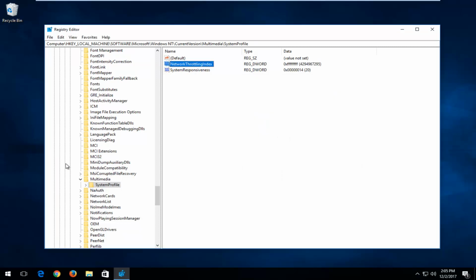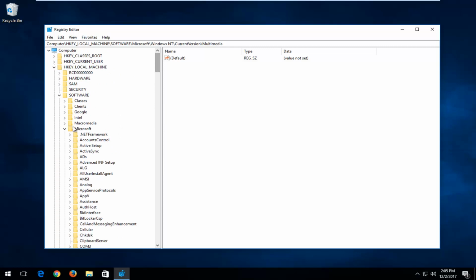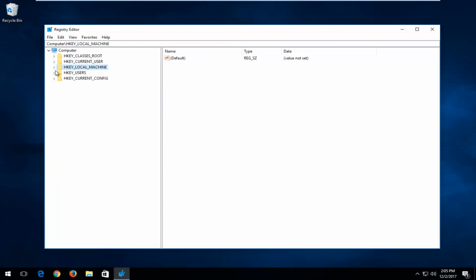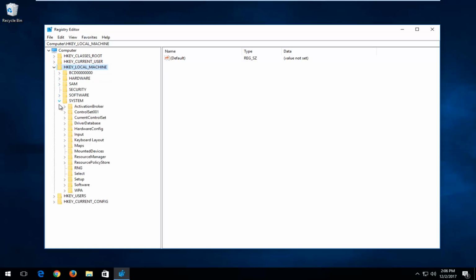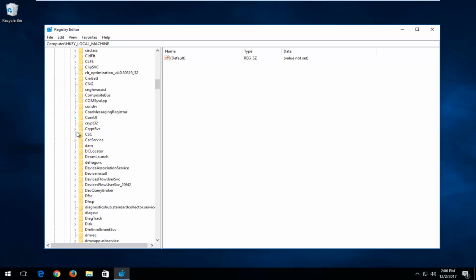Now that you've done that, we're going to back out of our folders on the left side here. So I'm just going to collapse them, and I'm going to just go back up here. And now you want to go underneath HKEY_LOCAL_MACHINE again. This time, go down to System. Now expand the CurrentControlSet. I am just clicking a little arrow on the side, but you can double click on the folder as well. You want to go down to get to TCP/IP